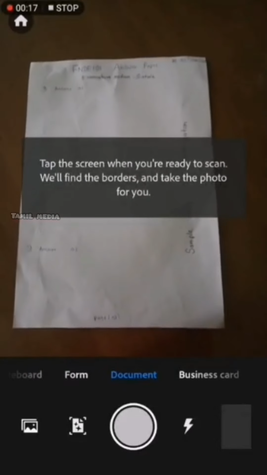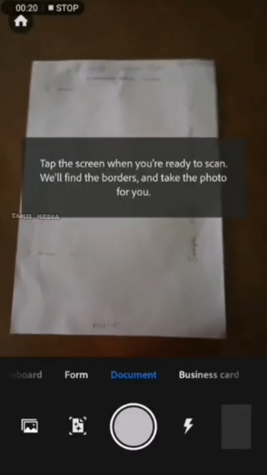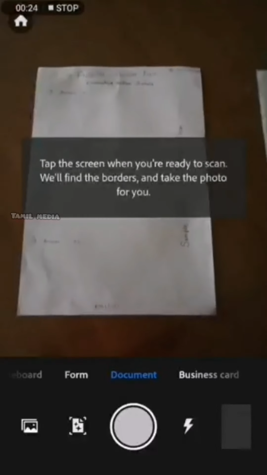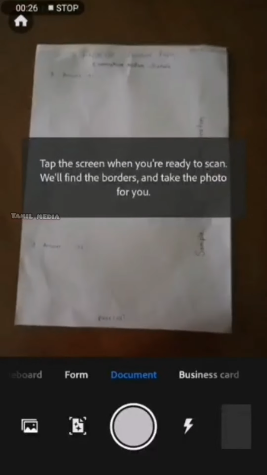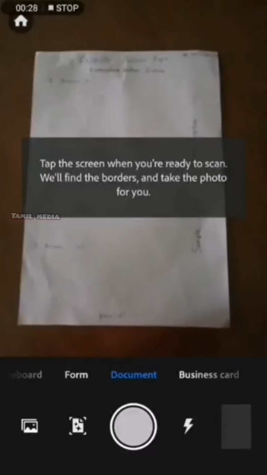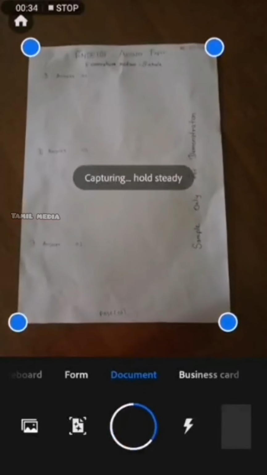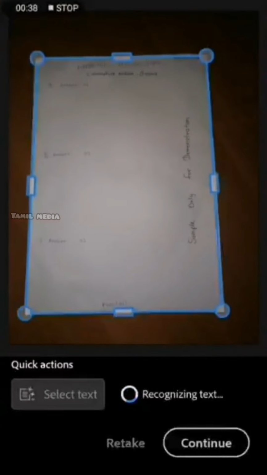So to scan your first examination answer paper, you can click on the paper and it is automatically capturing your paper.